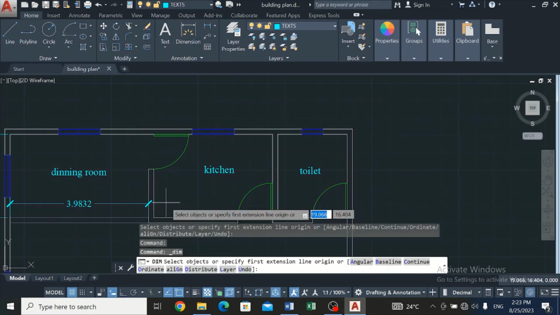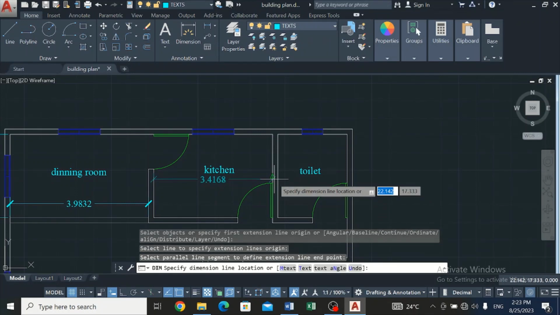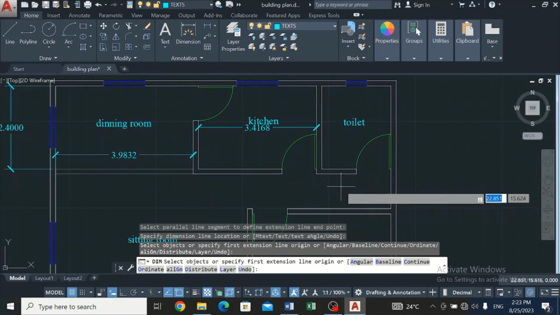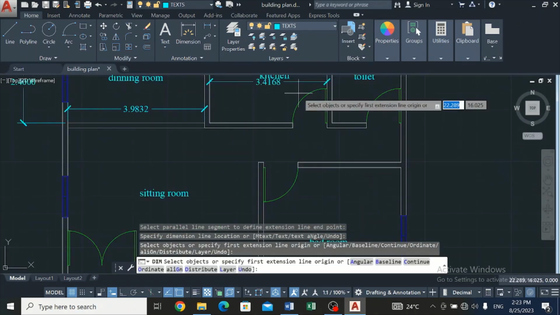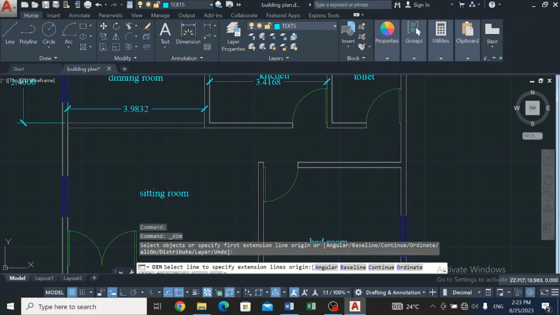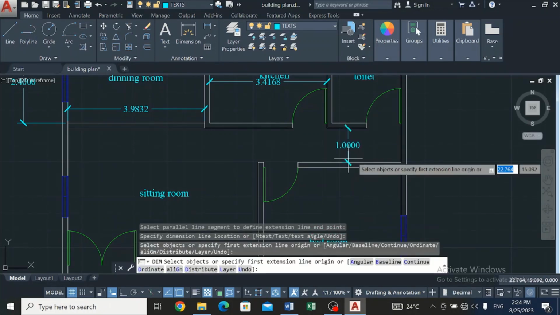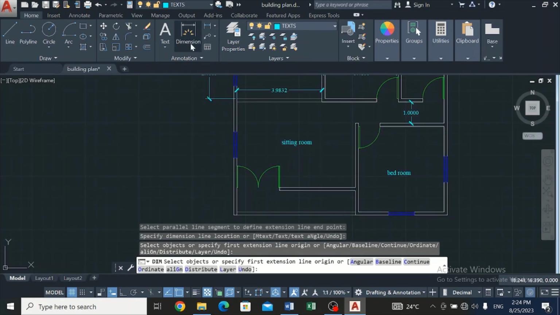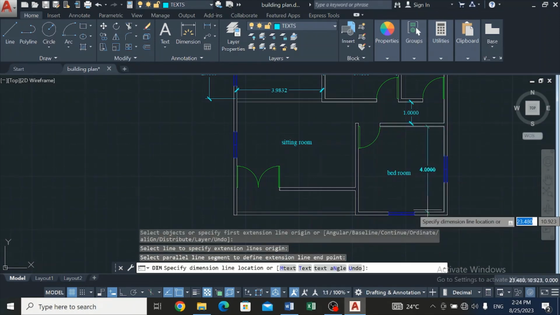We can pick out dimension, so we can select, click on this dimension, click over here to this point, click on it, click on dimension, from this point to this point,